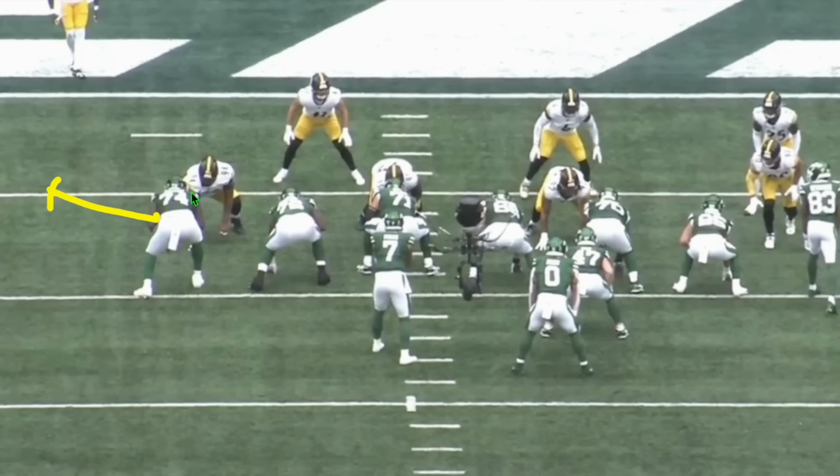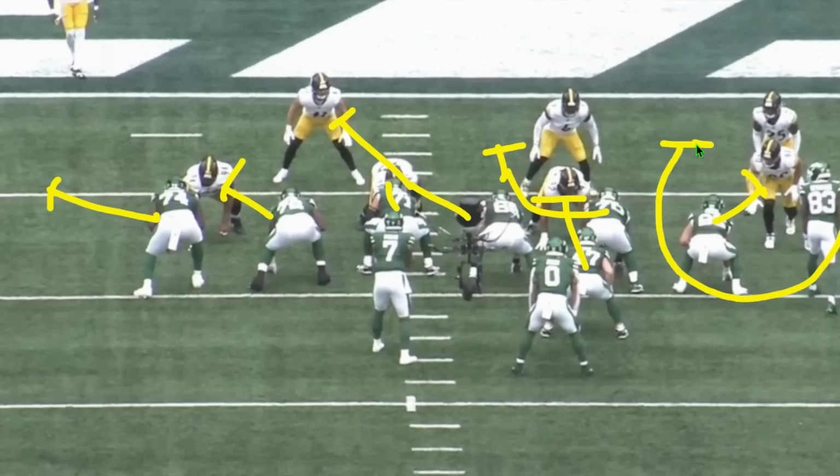We're going to get an inside run here from the Jets. So we're going to get a base block here. We're going to get a zone double team here, working up to the next level. We're going to get a scoop technique here, trying to cut off this 4-eye technique for the Steelers, working up to the next level. We're going to get the fullback right here picking him up, the tight end working out, and the wide receiver working around and inserting for the safety, and the running back just falling through just like this. This is a really good design by the Jets, I'm going to be totally honest, but very poorly defended